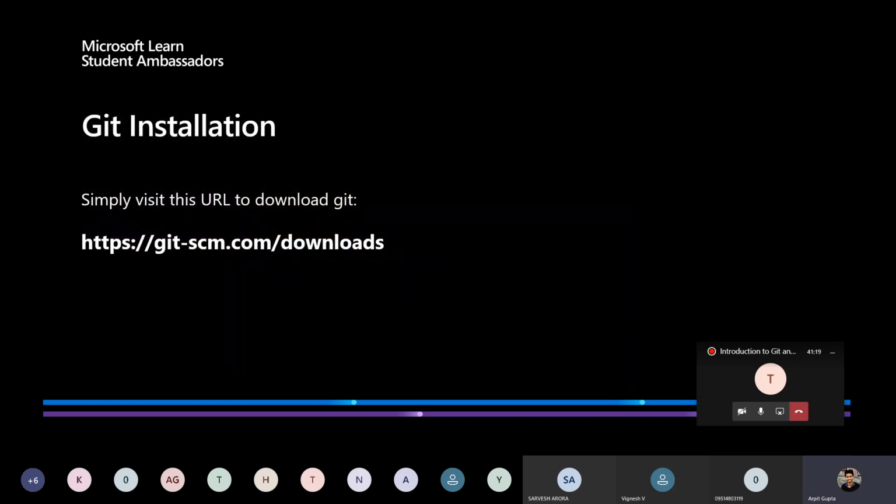So enough of theory. Now we will see how we can install Git. You can simply visit this link, https://git-scm.com/downloads, and on this link, the download links are available for all the three mostly used platforms: Windows, Linux, and macOS.